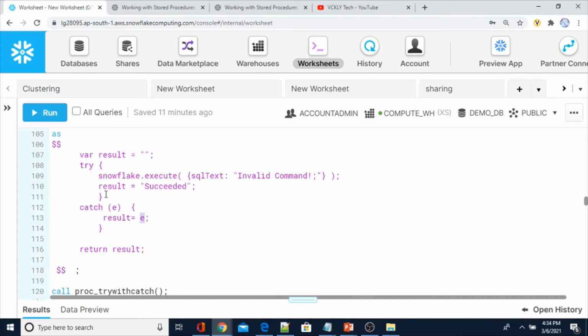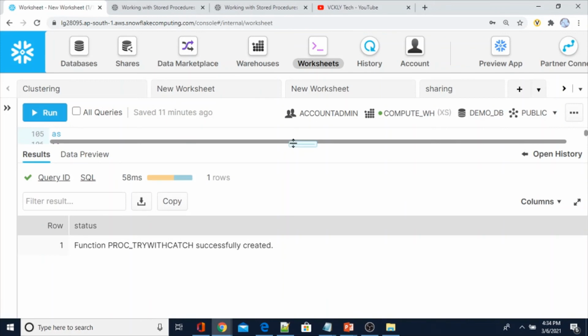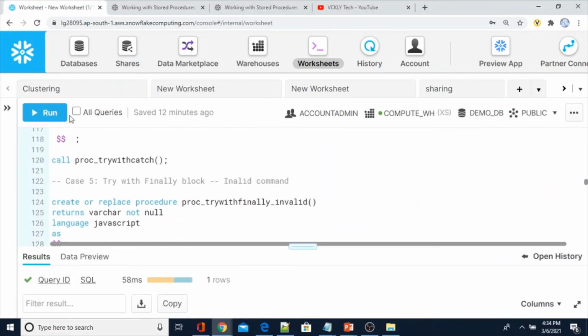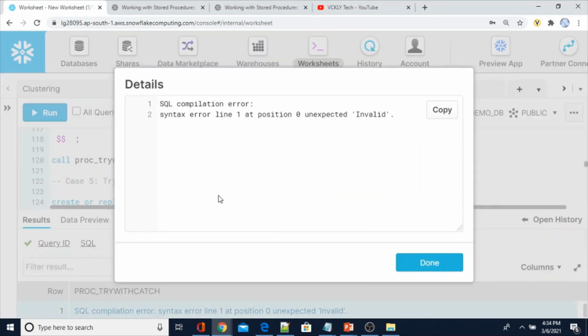So we will see what is going to happen. Function proc_try_with_catch successfully created. Now let me execute this one. See, we didn't get any exception. I mean, sorry, we got the exception, but with an SQL compilation error.